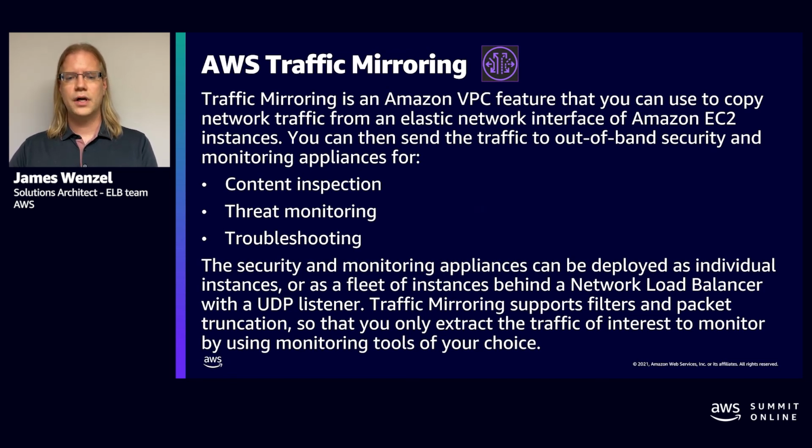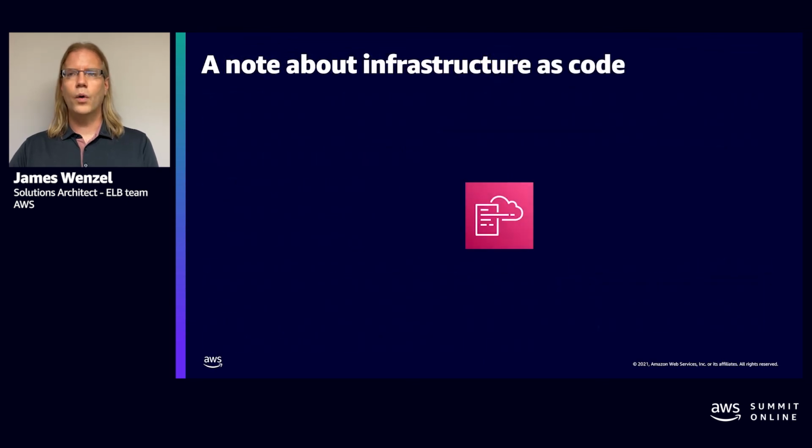And then lastly, we're going to talk about infrastructure as code. One of the things that's important to note is that when you're building these networks on AWS, you want to make sure that you can react with changes, you can actually troubleshoot quickly, and the way we do that is through infrastructure as code. Whether you're using Terraform or CloudFormation, we strongly encourage that you do it in this manner.